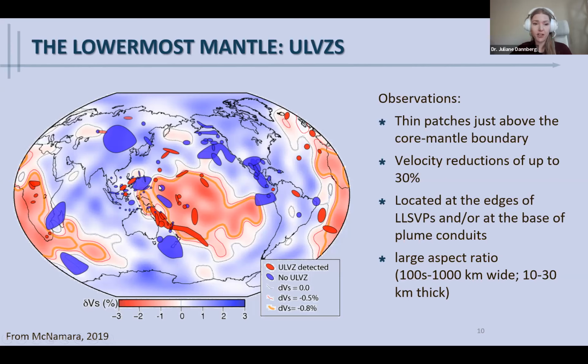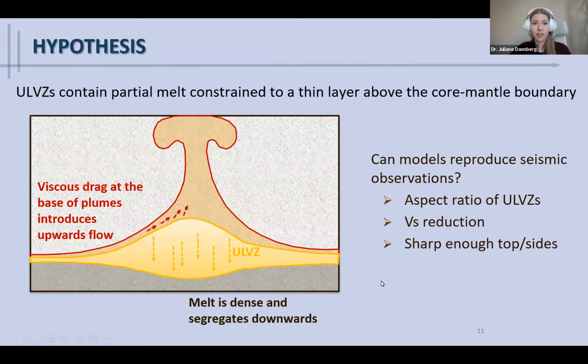And they also have a large aspect ratio. So they are hundreds to 1,000 kilometers wide, but only 10 to 30 kilometers thick. And it's not really clear what these ULVZs are, so what actually causes the strong velocity reduction. One idea is that it could be caused by partial melting. So what we wanted to test was the hypothesis that ULVZs contain partial melt constrained to a thin layer just